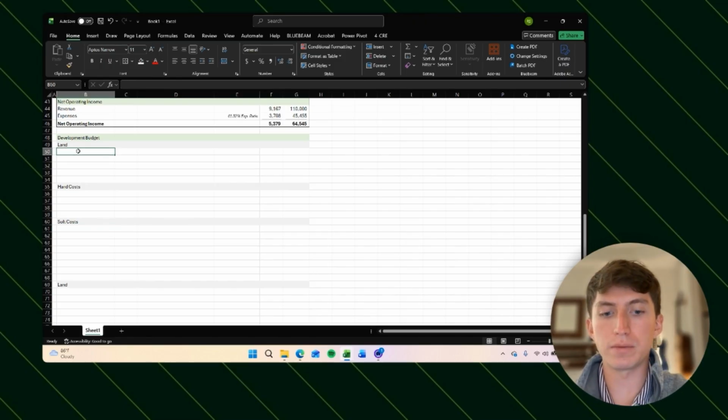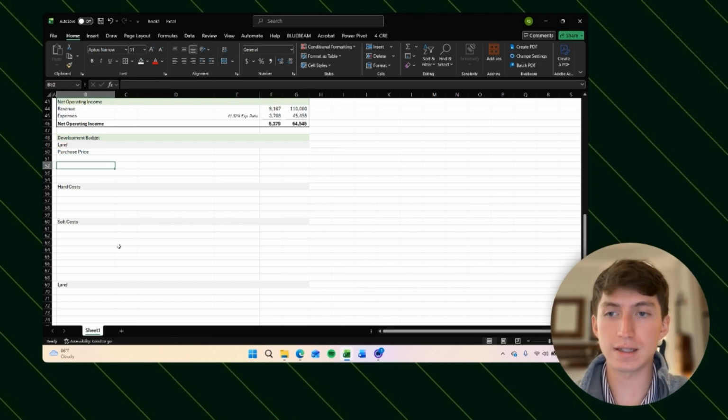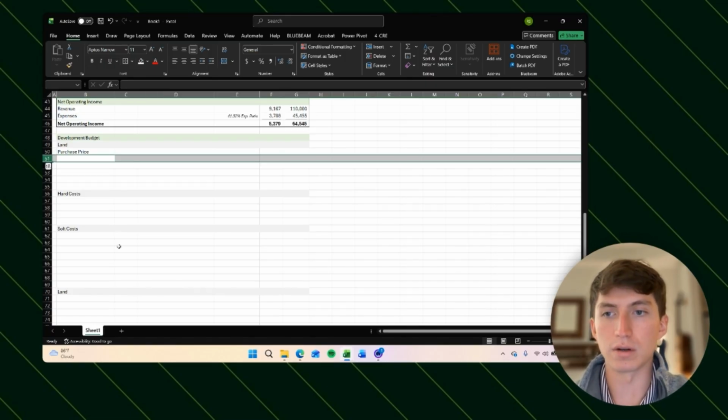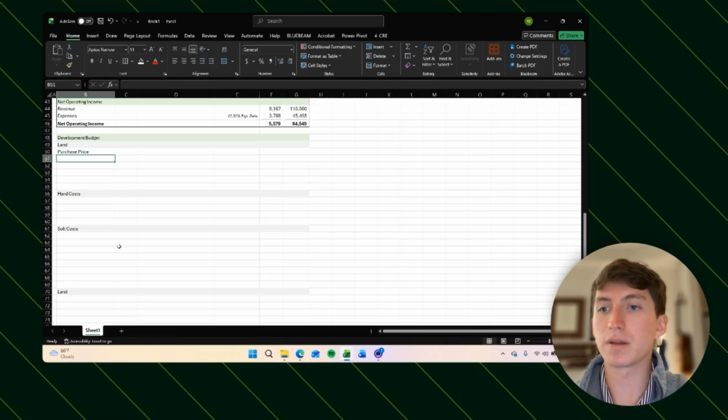So for our land, we have our purchase price. And then there's various expenses that are associated with your purchase. So there's a lot of different expenses that come associated with the purchase price. It could be like the appraisal, you have your soil inspection, you could have a survey, you could have a deposit for the land that gets reimbursed to you at closing. And so there's a bunch of things that go into purchase price, but the one that we know for certain is the purchase price. And then we're going to call these other ones land